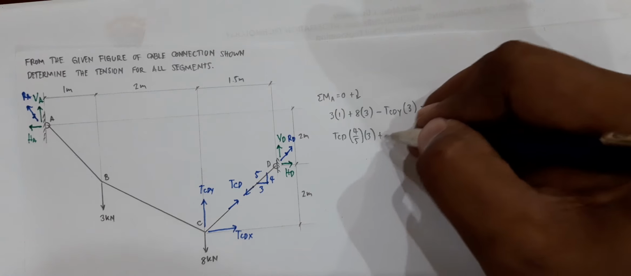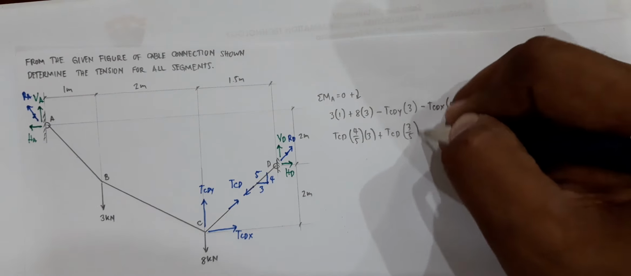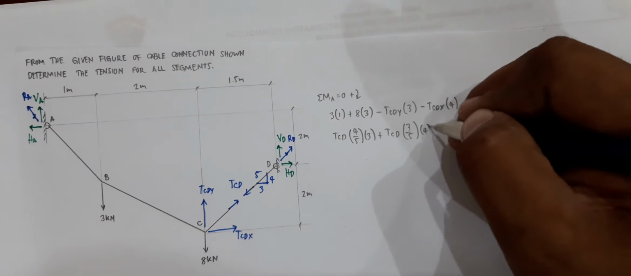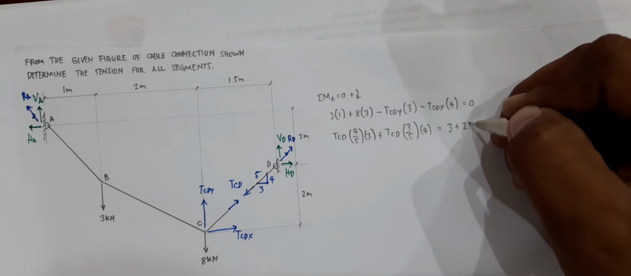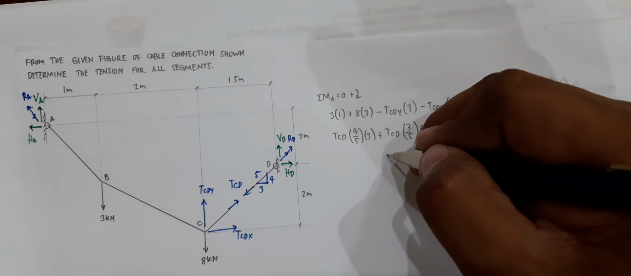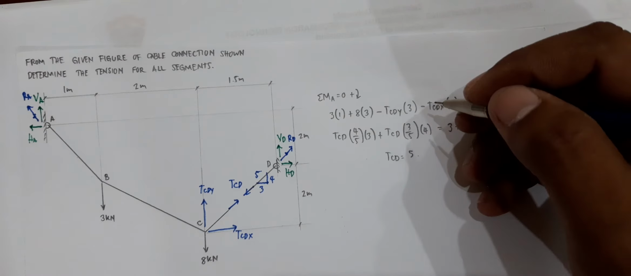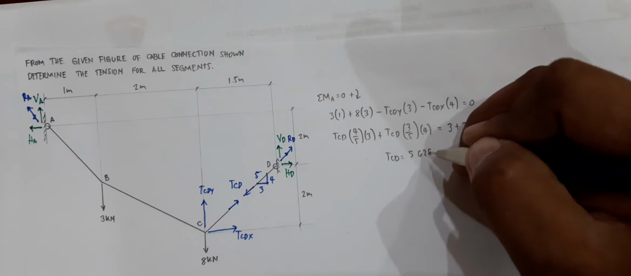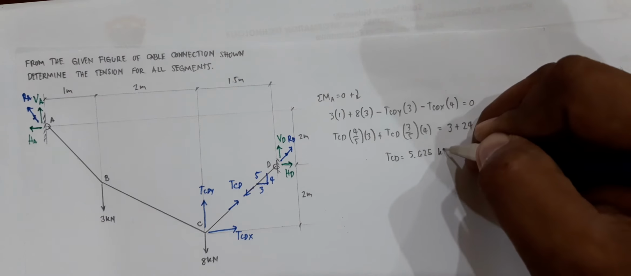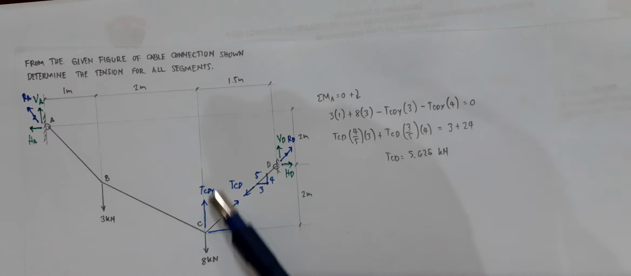And then plus TCD. Horizontal component is 3 over 5, and then lever arm is 4. That would be equal to 3 plus 24. Calculating for TCD, TCD is equal to 5.625 kilonewtons. Okay, now since you have the data for this particular cable, you can now proceed your analysis to